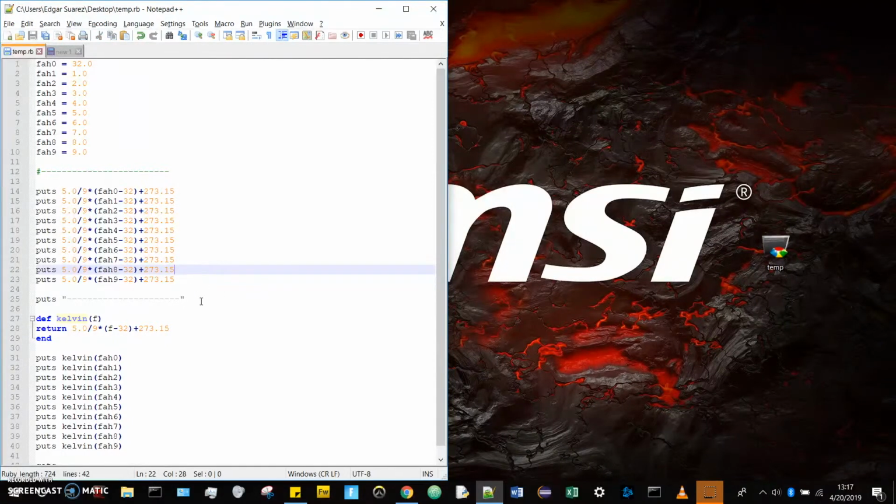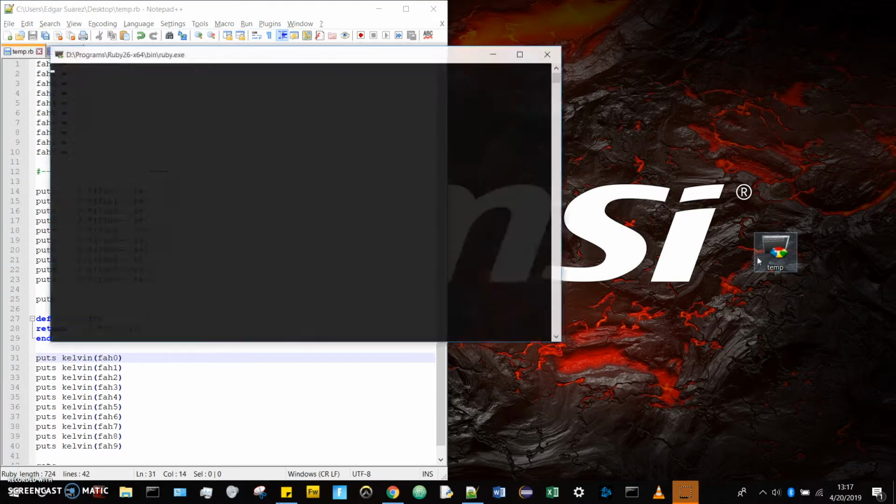However, if we use procedures, we could define a simple function right here called Kelvin, have it take the degree in Fahrenheit as input and return the degree in Kelvin. That way, whenever we run this program, all we have to do is output whatever the Kelvin function returns as soon as the Fahrenheit degree is inputted.